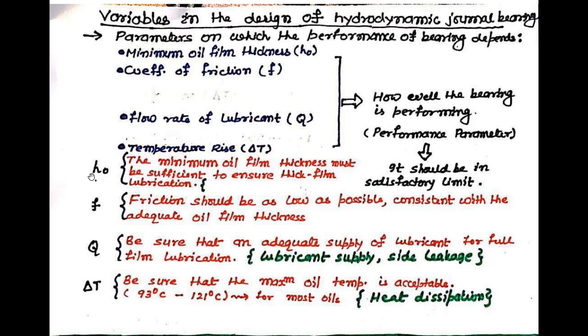Remember that the H0, the coefficient of friction F, the flow rate of lubricant Q and the temperature rise delta T, these four parameters define the performance of the bearing. Now the designer has no control over these parameters. Means initially the designer can't control the H0, minimum film thickness. He cannot control the coefficient of friction, he cannot control the